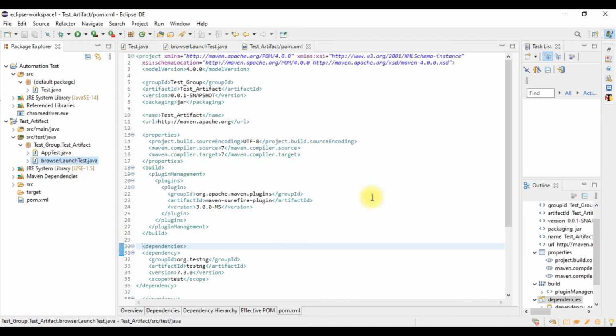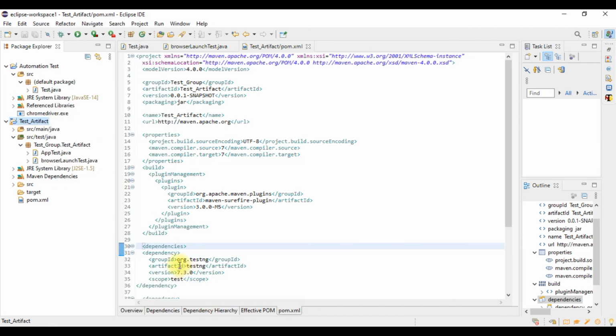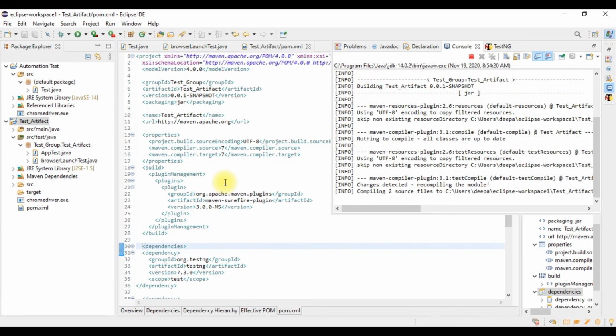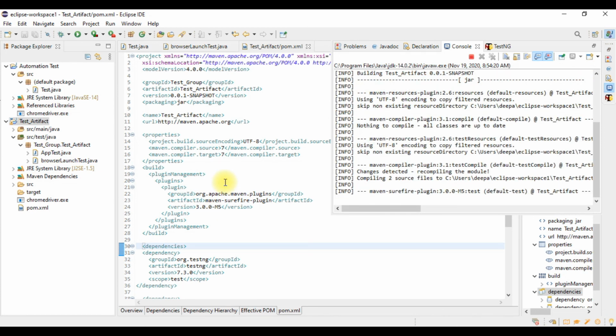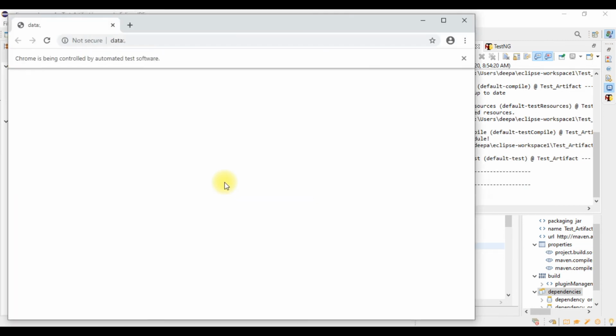So now let us save it and let us again run it, Run As Maven test. It runs both of the test cases, the AppTest.java and the BrowserLaunchTest.java. So as you can see, the browser is invoked and the website will be opened,